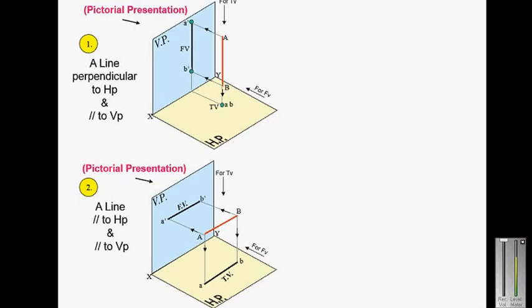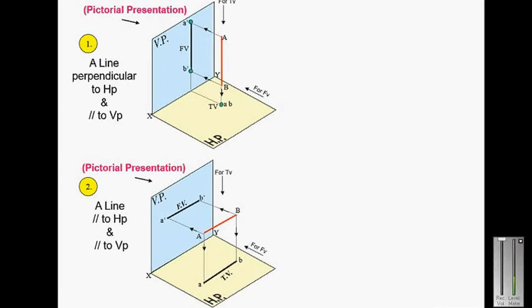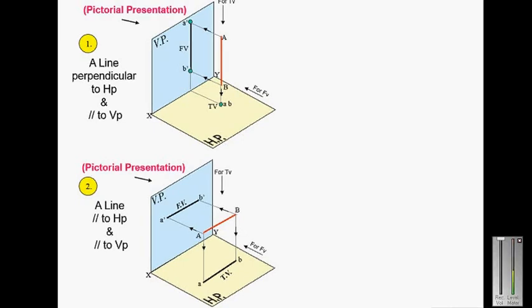So you should compare both the cases. In the first case, in the front view you will get the true length, but in the top view you don't get the true length. Why? Because if the line is parallel to the vertical plane, you will get the true length on that plane. And in the second case, the line is parallel to both HP and VP, such that the front view and top view will be the true length. So if a line is parallel to the plane, you will get the true length on that plane. So this concept is very important. So this is the pictorial representation of the line.